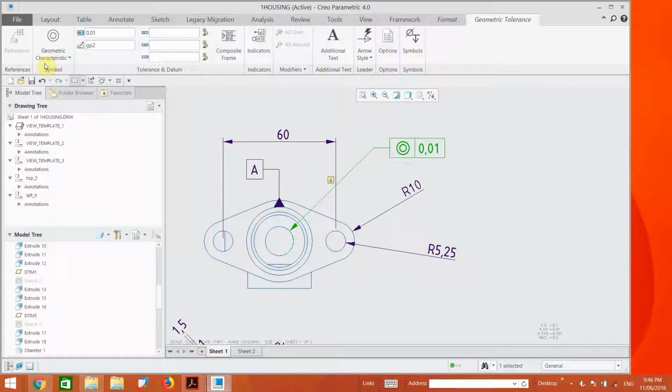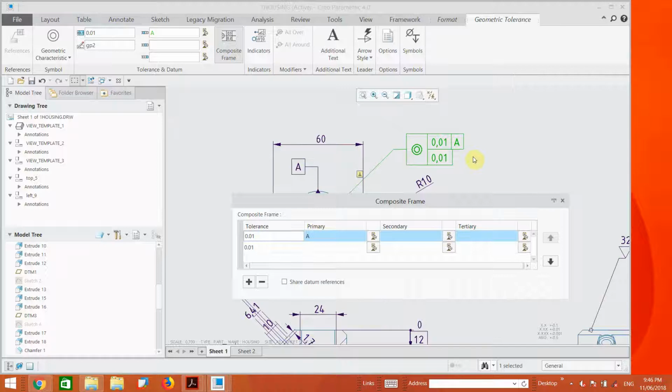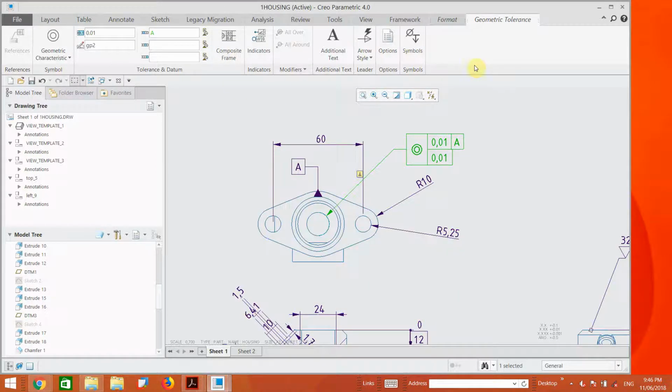This concentric needs another part, which we can mention here. Okay, here we add it. But if I want to add another thing too, like this, let me close this one